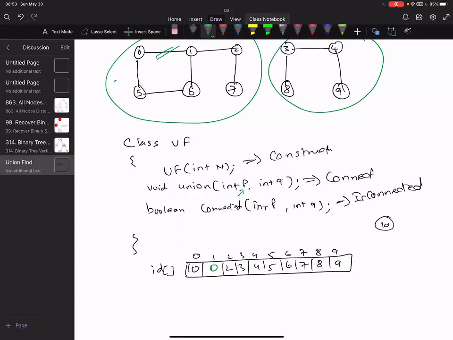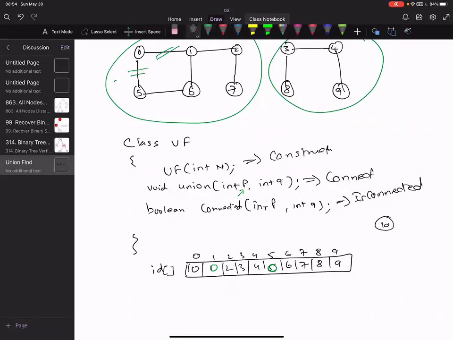When I say connect 0 and 5, I am going to change whatever I store at 5 to 0. Now, if I want to answer the question whether 5 and 1 are connected, what I'm going to do is find the value of 1. So let me define another function.